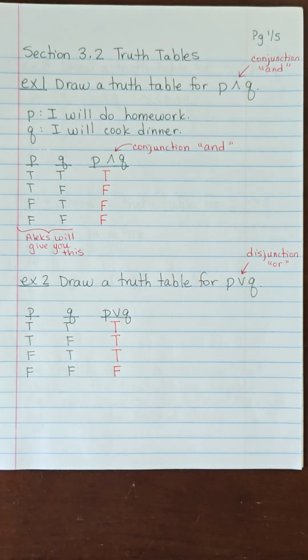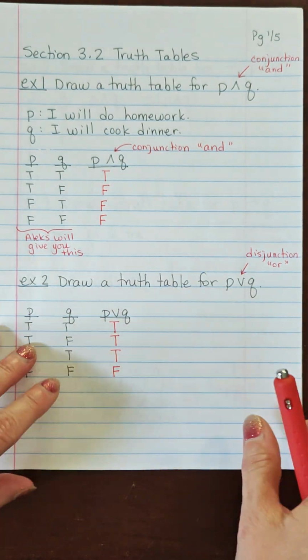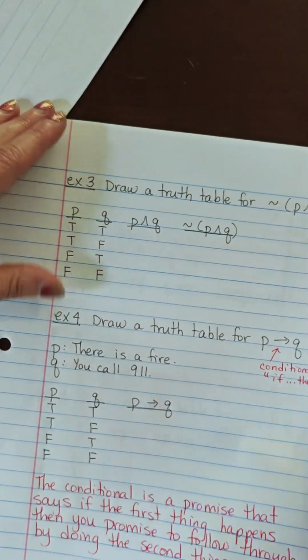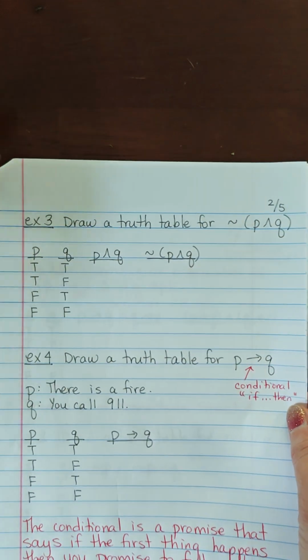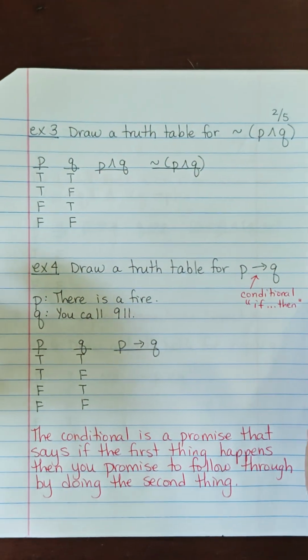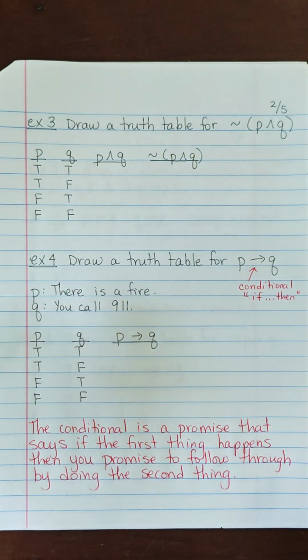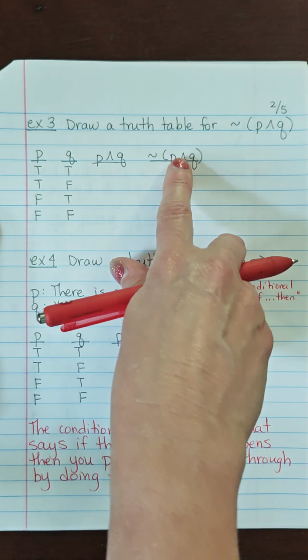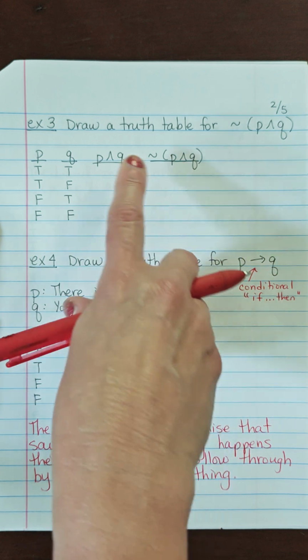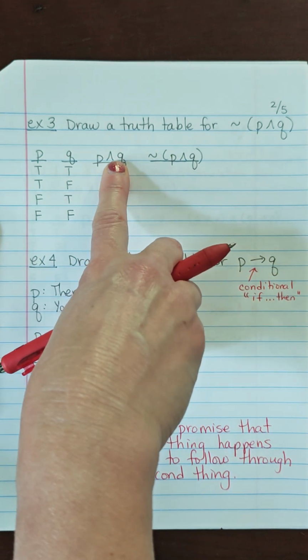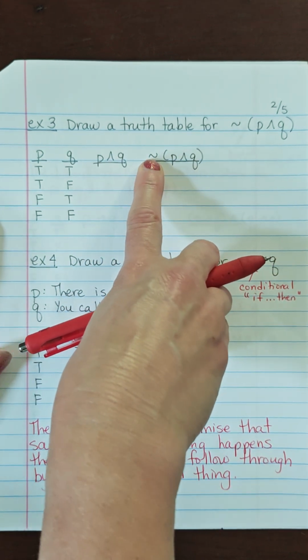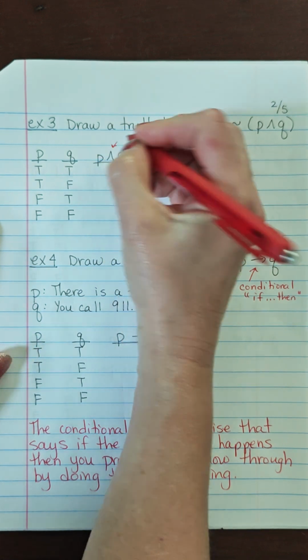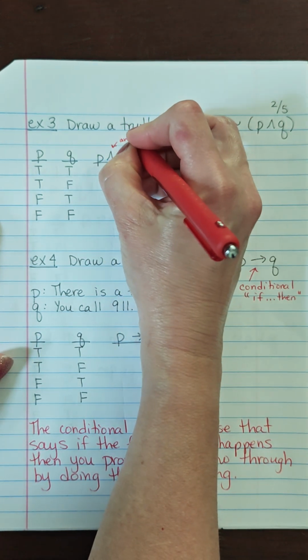All right, so that's it for these basic truth tables for these ands and ors. Let's get a little more complicated. Now we're going to have 2 additional columns in here. We've got my P and Q, but then I've got a not (P and Q). So remember, this is your conjunction. That's your and,